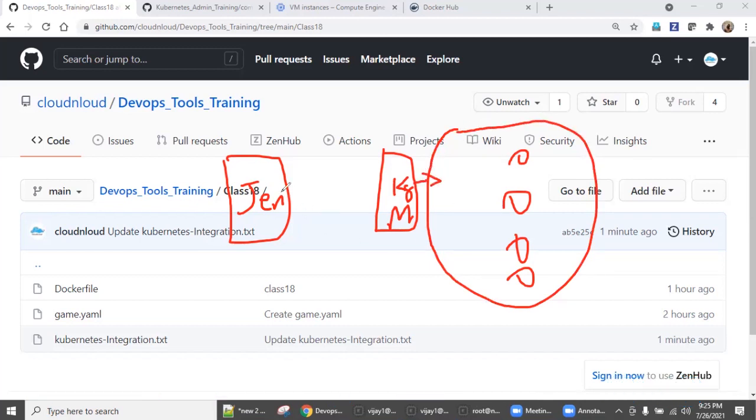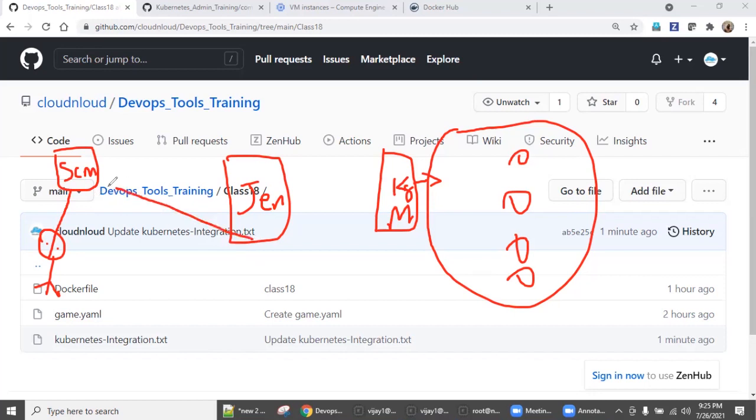So I am a developer, of course a good developer. I have my code repository, source code management, and as of now I will go with GitHub. I am putting in some new application code, maybe a bug fix or new application code.